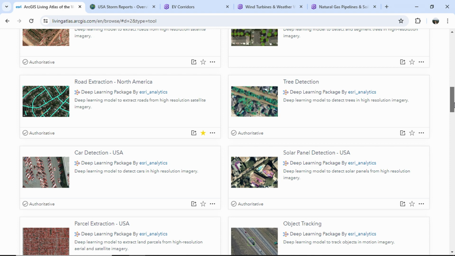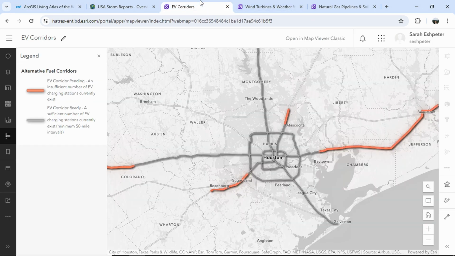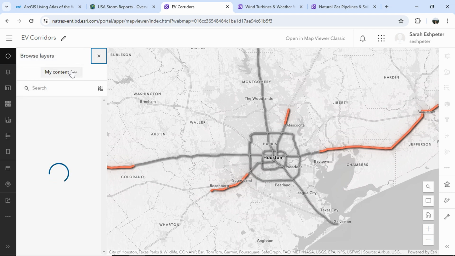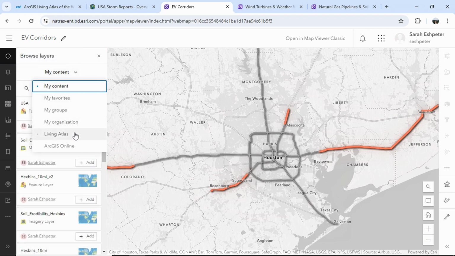Let's take a look at a couple quick examples of how you might leverage Living Atlas content in your own GIS workflows to gain spatial insights. In this map, we have alternative fuel corridors from Living Atlas. To help add additional context, let's add another layer to our map. By navigating to browse layers and changing the content source, we can access Living Atlas data right here in my